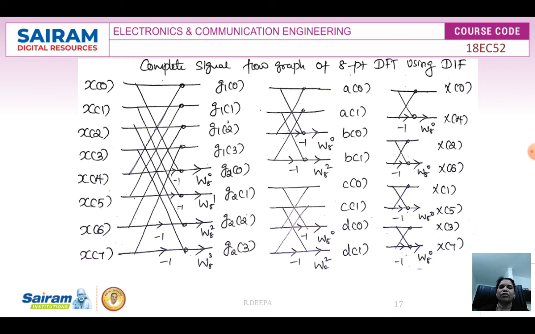You will multiply after the summation point with W8 power of 0, 1, 2, 3 for the first stage, W8 power of 0 and 2 for the second stage, and for the last stage it is W8 power of 0 alone. And this W8 is going to be positive for finding the DFT, and if it is IDFT, it is going to be negative. So this is just a comparison between the second and third structure. Using these points, you can keep remembering all the 4 algorithms.